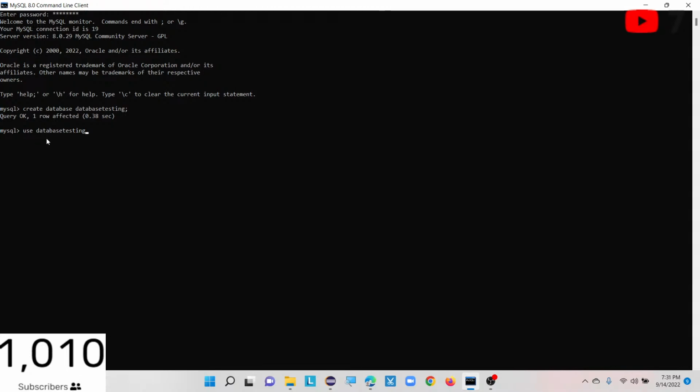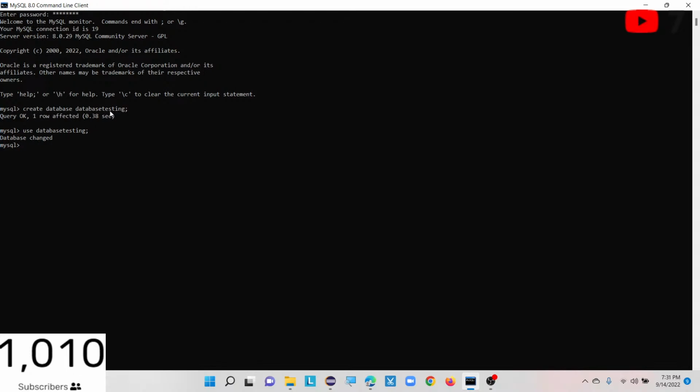So the next command is use database testing, where you provide your database name. After providing the semicolon and hitting enter, it shows a message like database changed, meaning previously it was using some different database. Now I created one database with the help of create